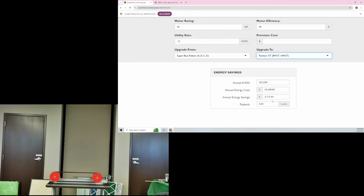I think when I look at these numbers, I'm pretty floored that it costs $54,000 to run a 50 horsepower motor all year long. That's crazy to me. But anyways,